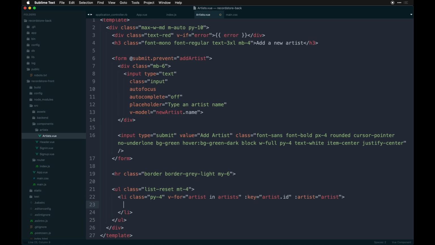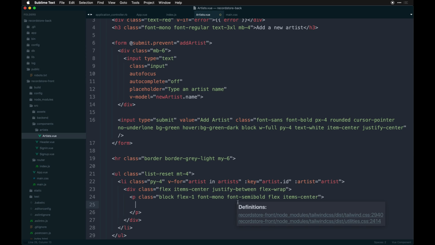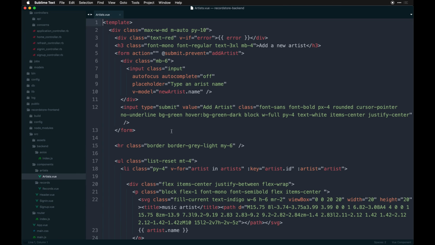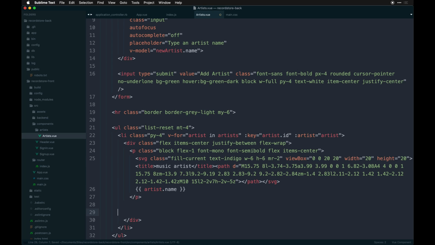So inside that, I'll do a bunch of logic here. I'm going to need an icon, which I'll source in a second from the old project. So bear with me. I'm going to add icon. I'm going to steal it from this project right here. Okay, so below that we'll have a button